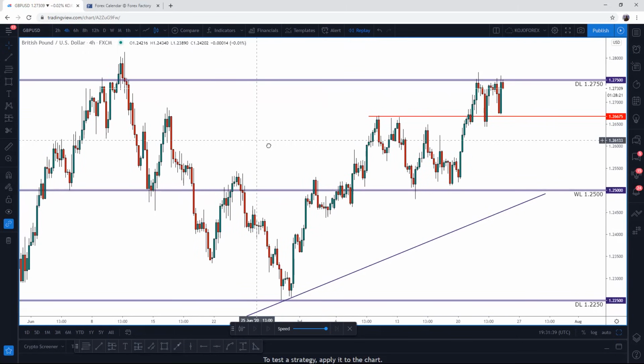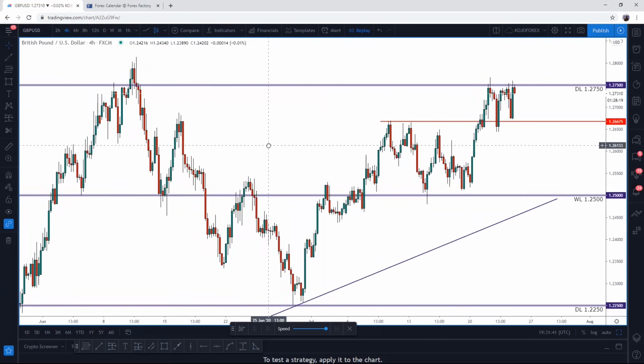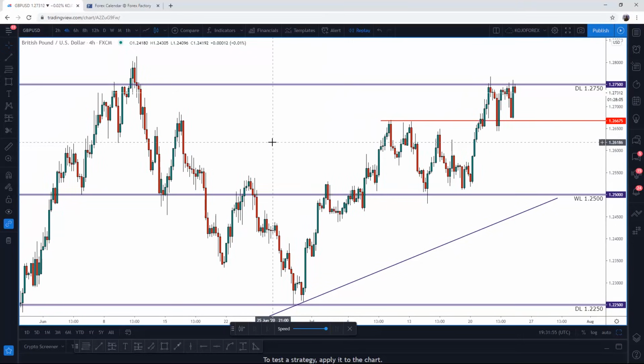And when you come to understand the market structure, the rule which the market follows to move, it gives you the basis of understanding the language of the market, and it also gives you a basis of determining who is in control of the market at any point in time. You guys must be aware that the market is made up of the bulls, people that are anticipating that price should go up, and then the bears, which consist of people who are anticipating or projecting that price should come down.